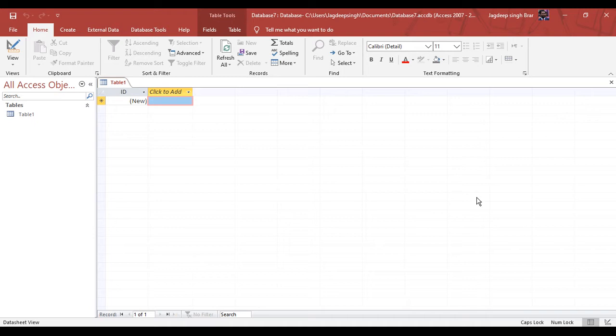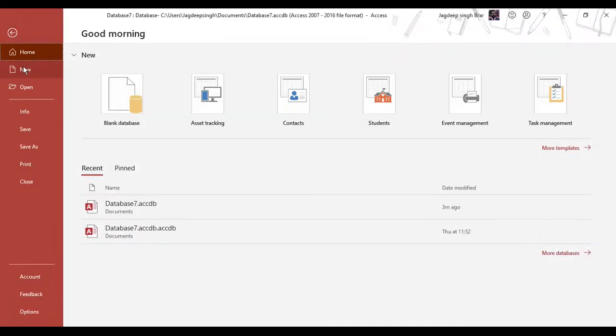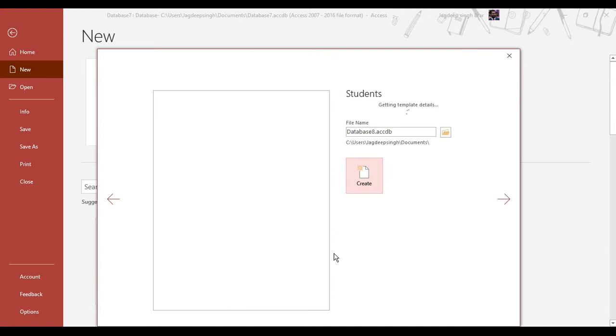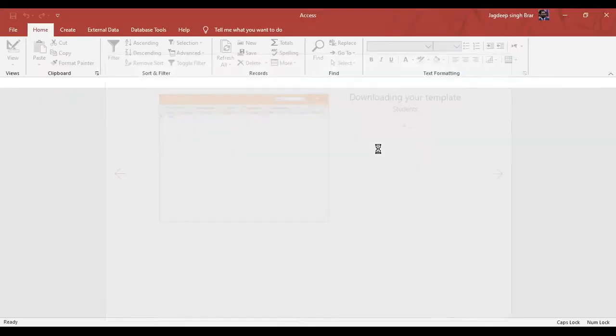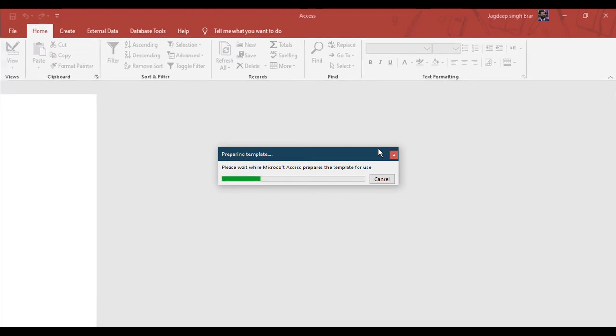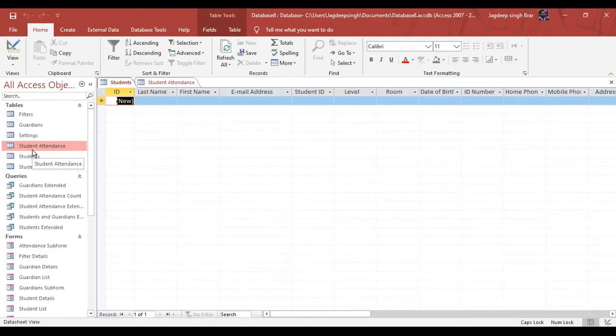For this example, just open any template from your MS Access database, for example, student. This is one of the templates through which we will discuss all the objects of our database.